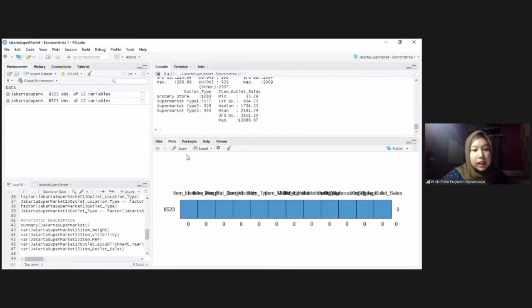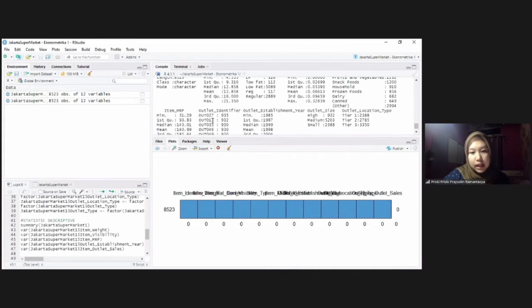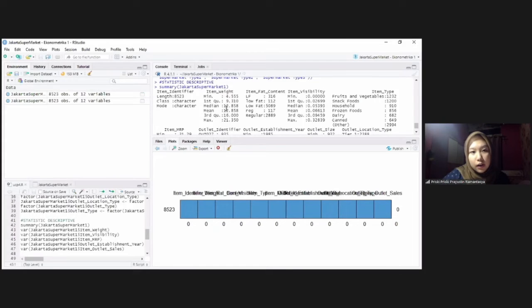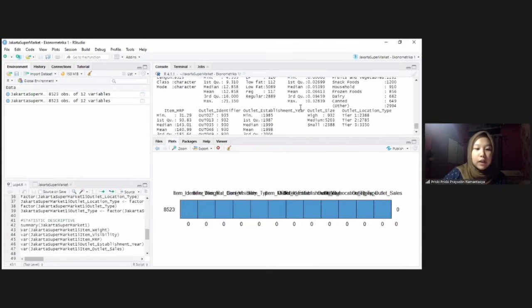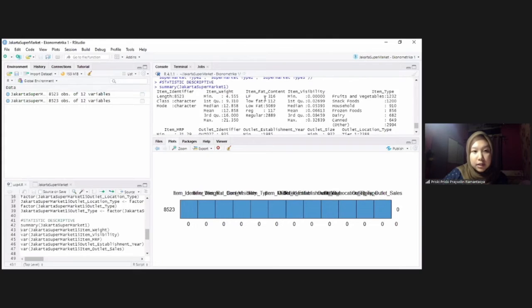For example, in the output result, it can be seen that the item weight variable has a minimum value of 4,555 and a max value of 21,350, while the average is 12,878 and the median is 12,858. Besides that, there are also quarter 1 of 9,310 and quarter 3 of 16,000.